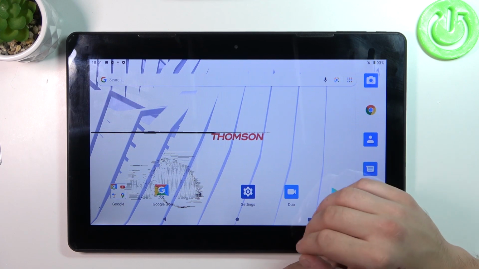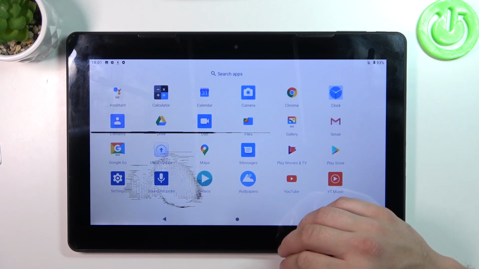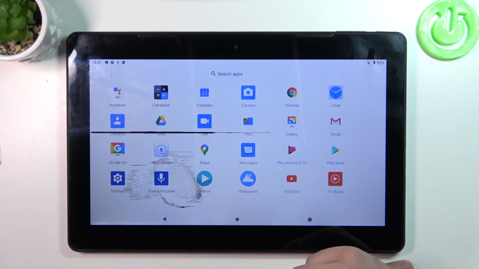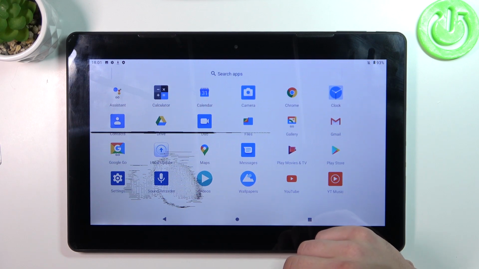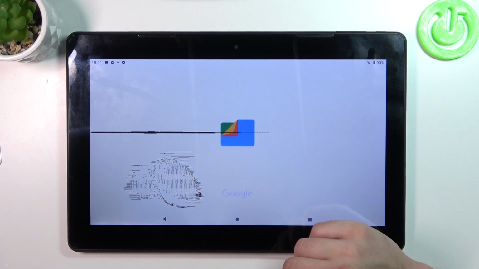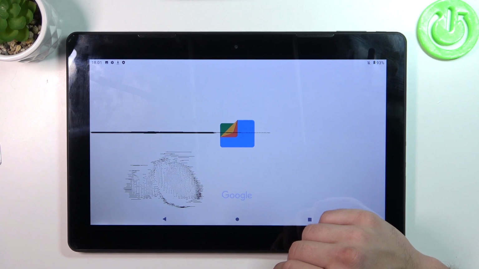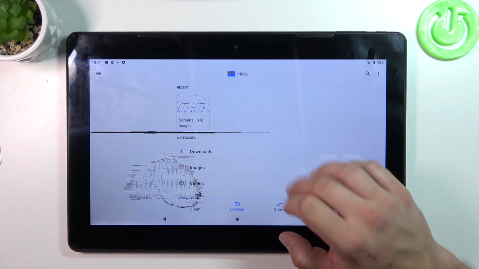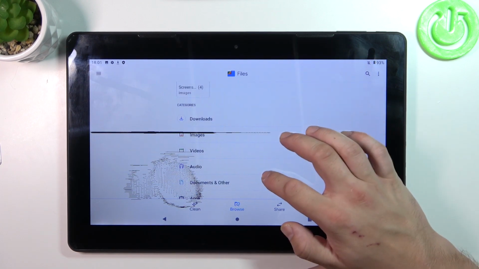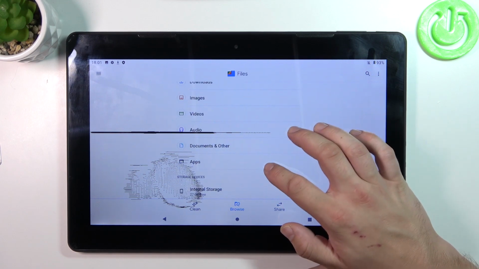In the beginning, let's go to App Drawer and now search for Files app. If you don't have it, download it from Play Store. Now enter this app, and thanks to Files you've got access to downloads, images, videos, audio, documents and others, apps,